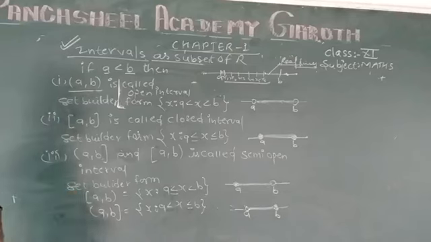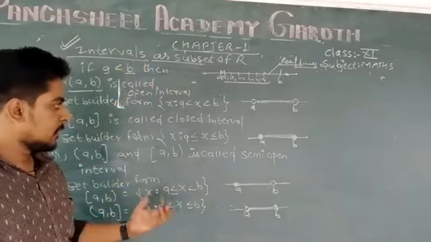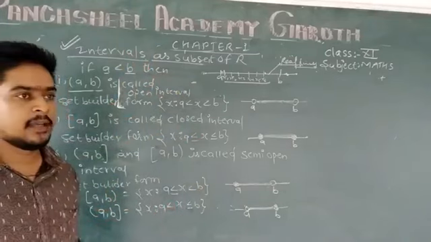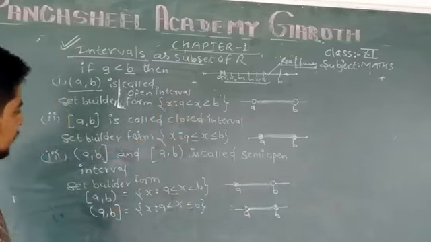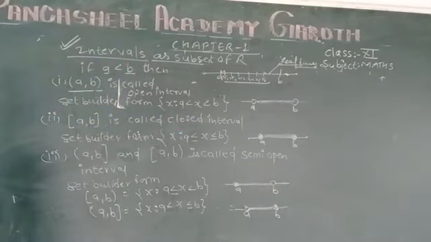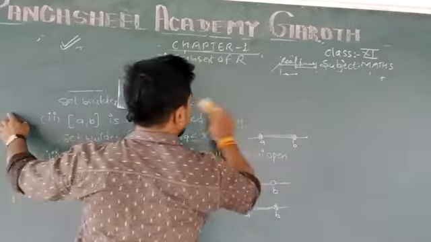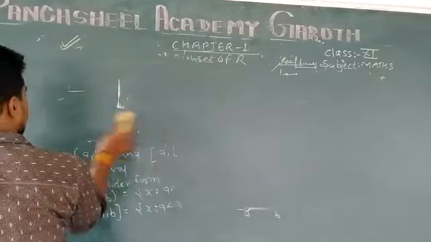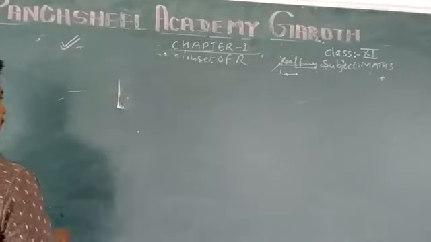So all these real numbers are lying on the real line. These are some real numbers taken from the real line. Therefore each and every interval belongs to the set of real numbers. Therefore we have made the intervals a subset of real numbers. Here I think it is clear, and if we take the examples, then I am very sure that you will clearly understand from the above examples.